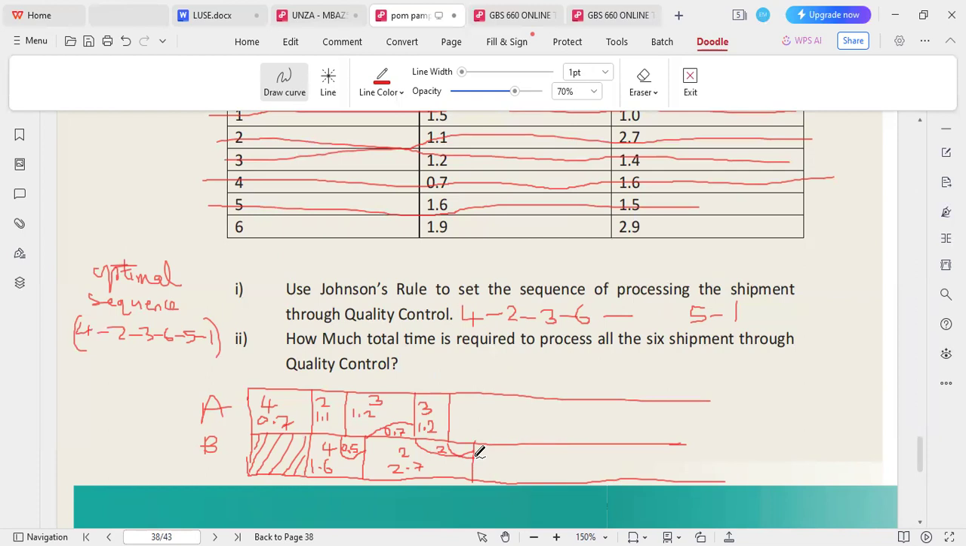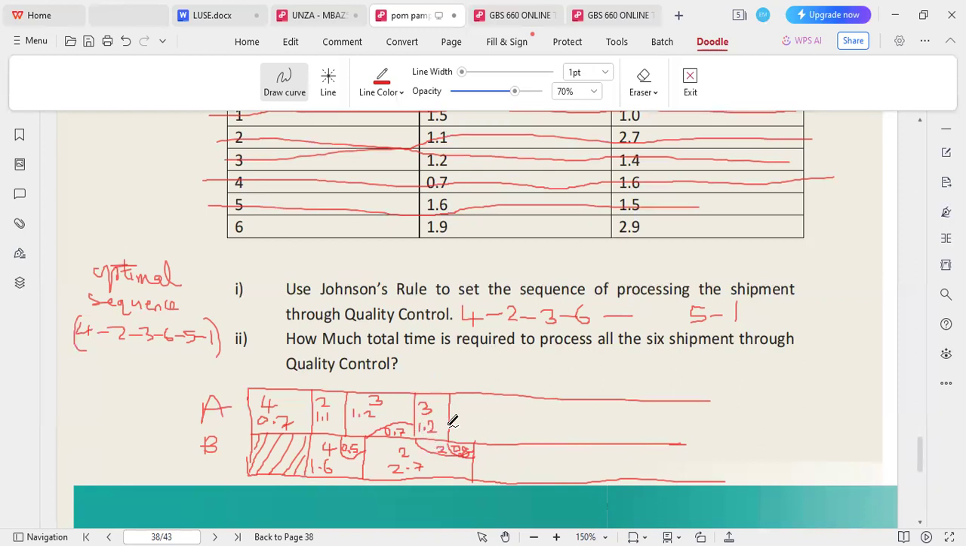Okay. So 2 minus 1.2 is 0.8. This one is 0.8. Meaning that by the time they're finishing running job 2, job 3 in operation A would have finished